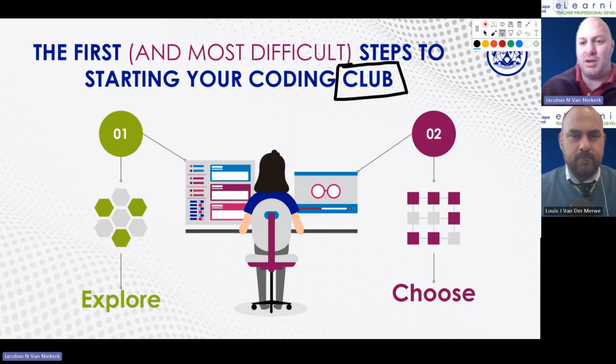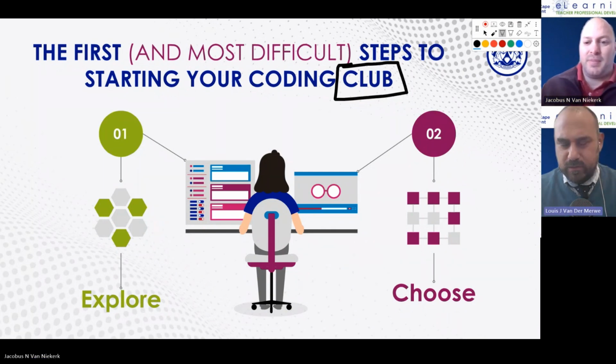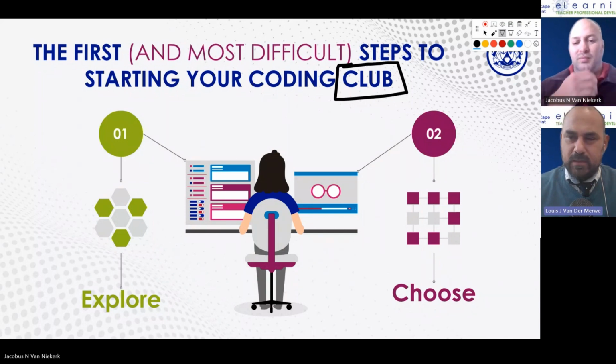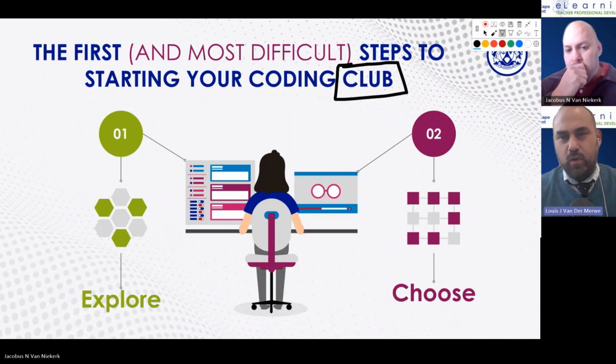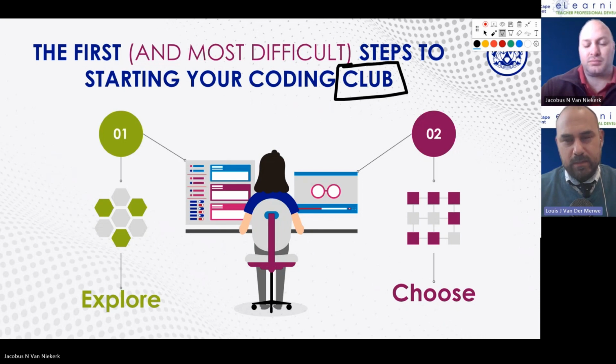Louis, do you want to just tackle that question by Daniela when she asked about the unplugged coding activities that you can recommend for grades 4 to 7 learners? No problem. Daniela, you're saying grades 4 to 7. So you might look at something like the Lego 6 Bricks system. I know the foundation phase is all over that at the moment. It's actually applicable right up to grade 9, but grade 4 to 7 is a good range for that unplugged.